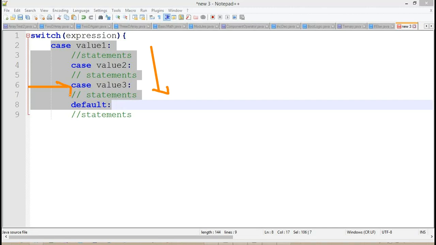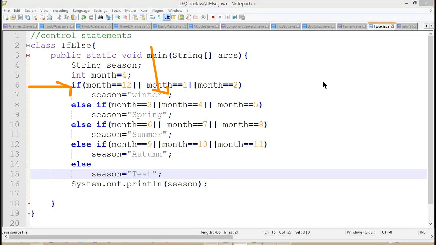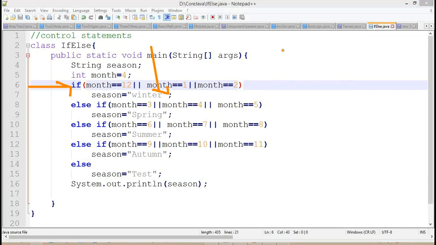Right. So if I'm going to work with the if condition here, now what we are doing is checking each and every condition here. First we check this condition, second we check this condition, third we check this condition.